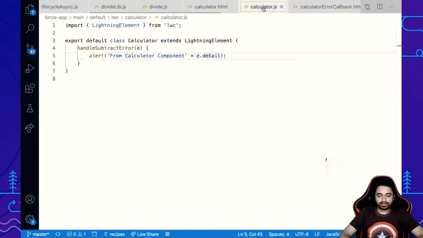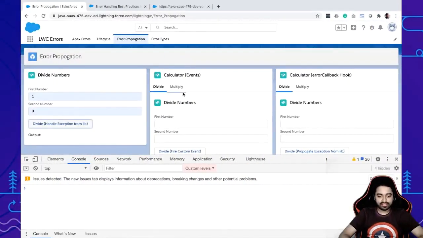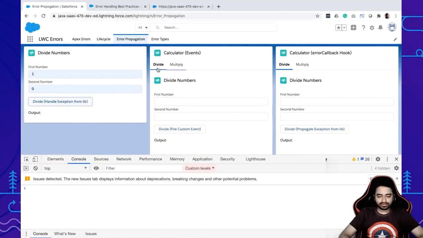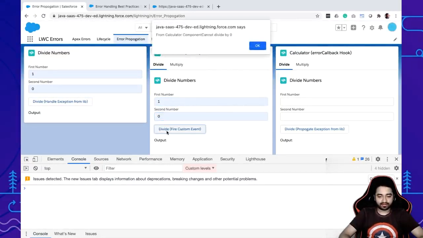In calculator.js, you can see the event handler is going to show an alert saying "from calculator component". So I have the calculator component inside which the same divide component is added as a child. I give the same numbers and then I fire a custom event. The event is captured by the calculator component and then shows the error.